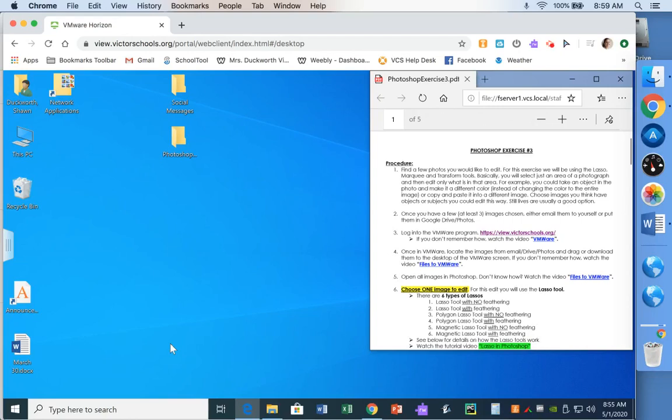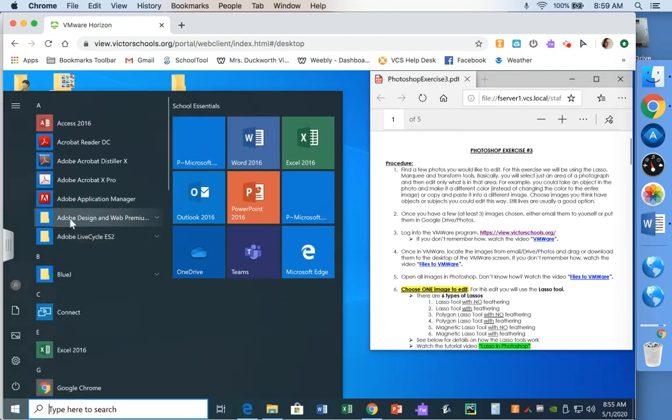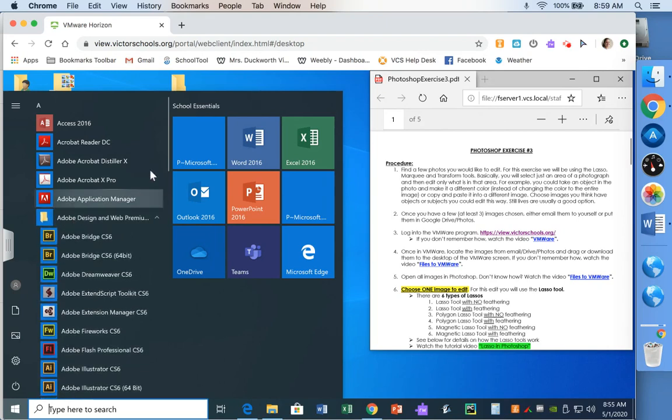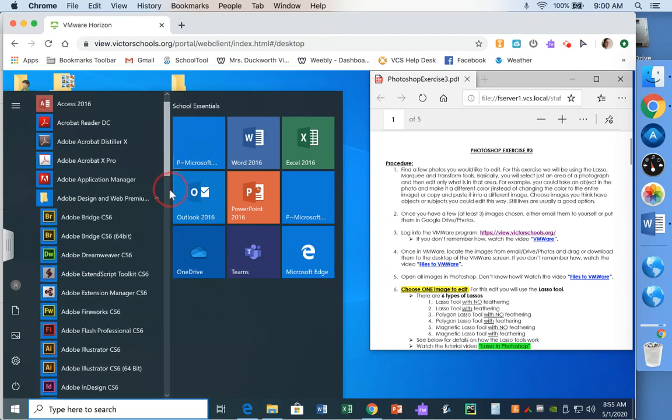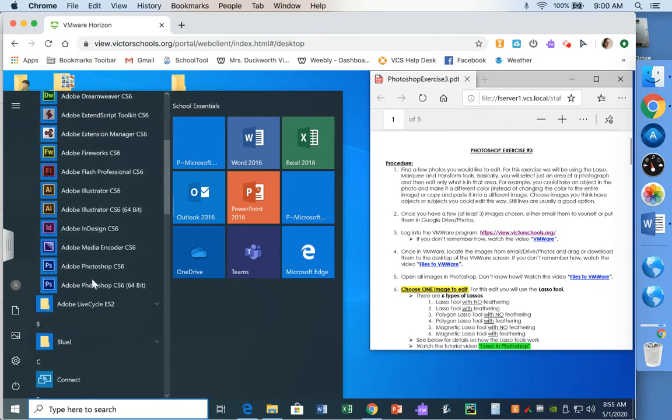Hello everybody, welcome back. Today's tutorial is going to teach you how to edit photos in Photoshop using the Lasso tool. So to start, I need to open Photoshop. So I'll go to the lower left Start button. I'm going to find the Adobe Design and Web Premium, and then I'm going to scroll down, find Adobe Photoshop